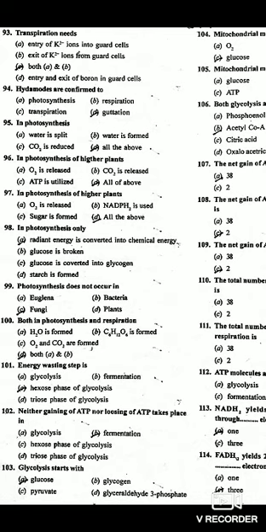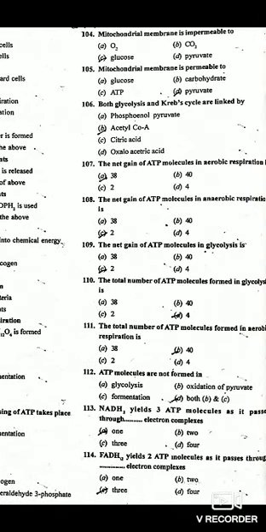101. Energy wasting step is option C, hexose phase of glycolysis. 102. Neither gaining of the ATP nor losing of ATP takes place in option B, fermentation. 103. Glycolysis starts with option A, glucose. 104. Mitochondrial membrane is impermeable to option C, glucose. 105. Mitochondrial membrane is permeable to option D, pyruvate. 106. Both glycolysis and Krebs cycle are linked by option B,